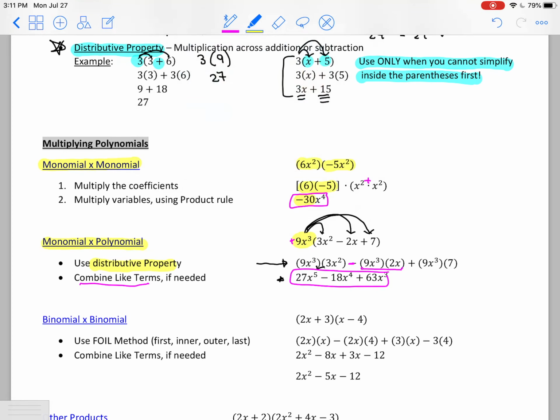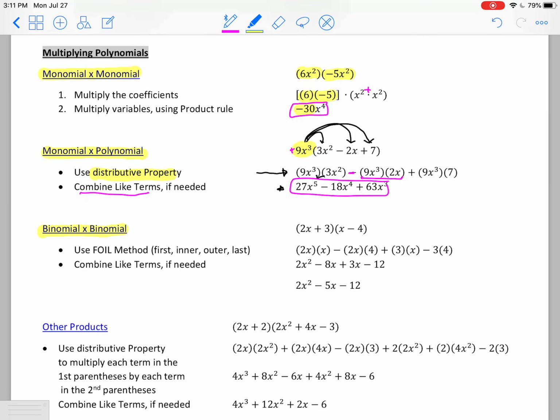All right, so next on our list is a binomial times a binomial. Okay, remember that binomials are two terms. So for example, here we have a 2x plus 3 and an x minus 4. Those are both binomials, and they're multiplied together. So basically, guys, what we're going to use is what's called the FOIL method. It's a way of distributing numbers. It's called the FOIL method that I'm sure you guys learned on NROC. FOIL just stands for